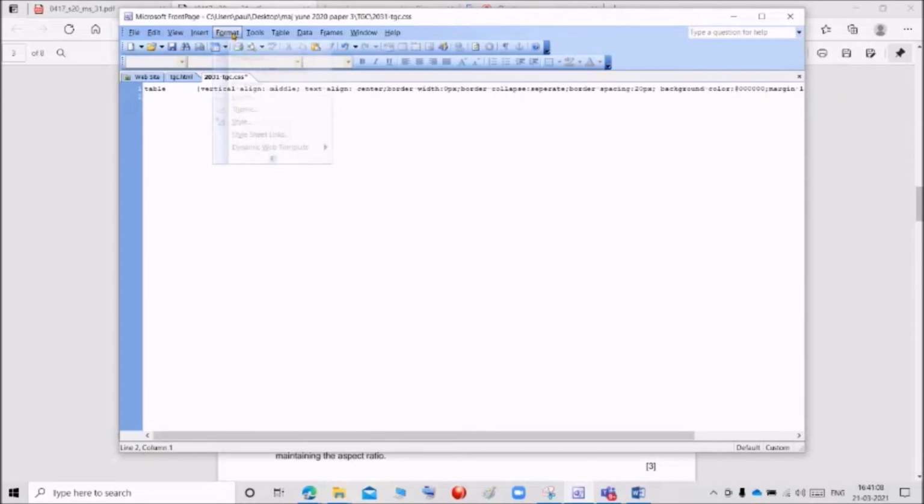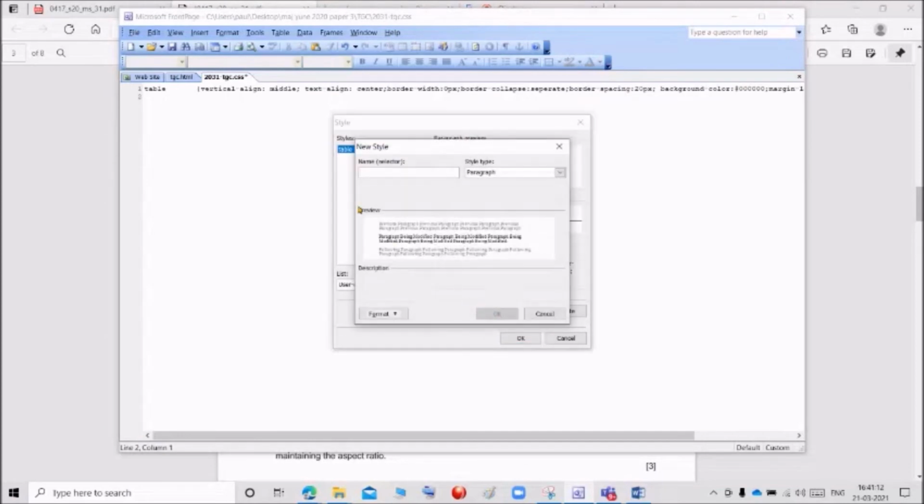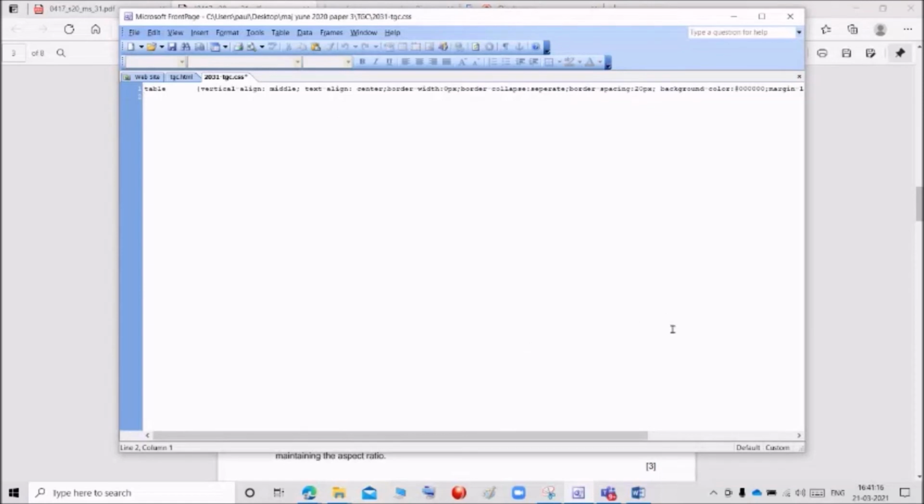Go to the format, click style, and I am going to give new TD and click OK and click OK. In the new TD, I am going to enter padding. In the question they mentioned 0 pixel. Like this I am going to give and save.